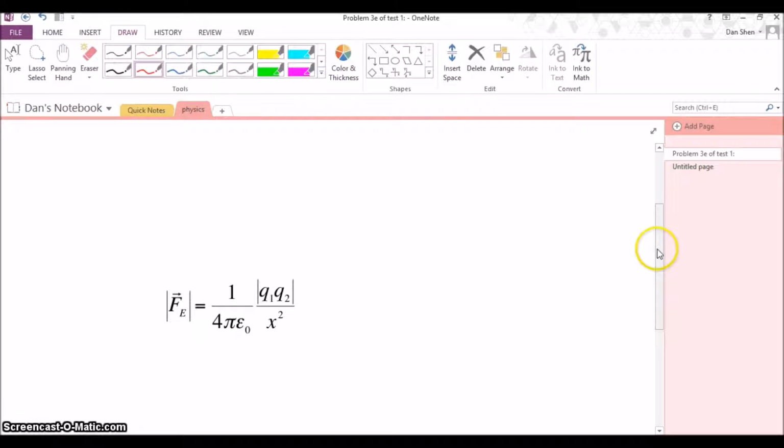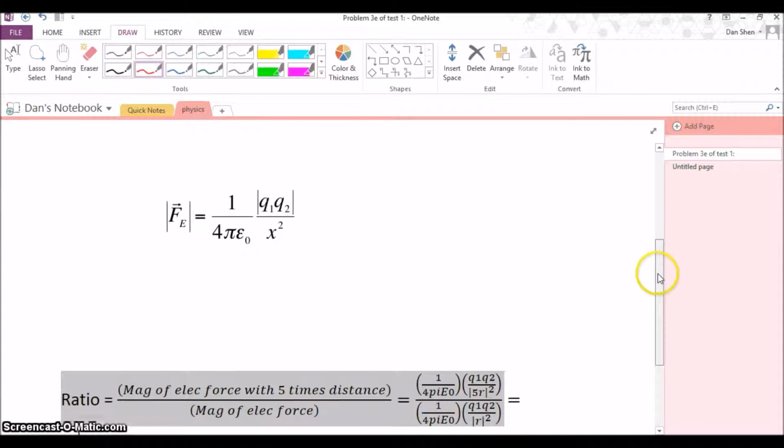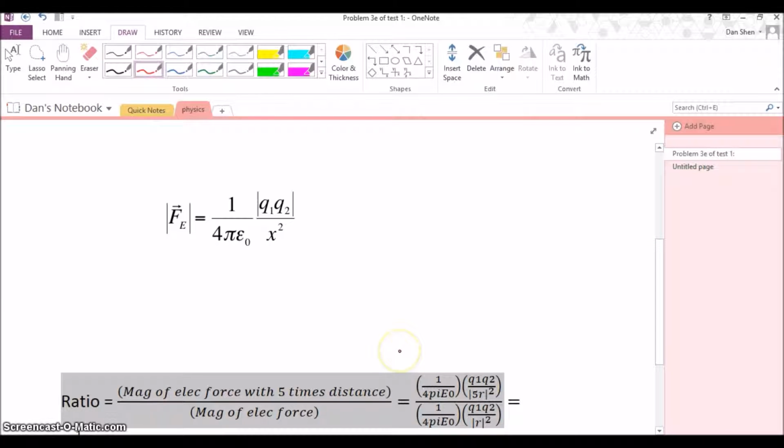squared. Knowing that, we first have to create a ratio. If the distance was increased by a factor of 5, then you have to compare that to the magnitude of electric force without that multiplier. So knowing that, you plug in the formula as usual over the equation without the 5 times distance, and